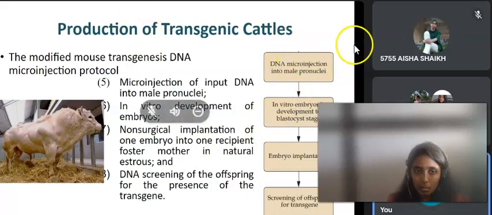Is this clear about how we produce transgenic cattle? Okay, so just